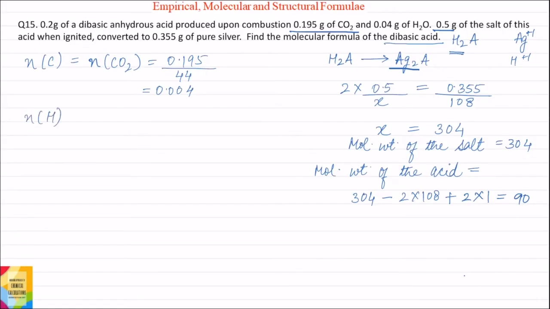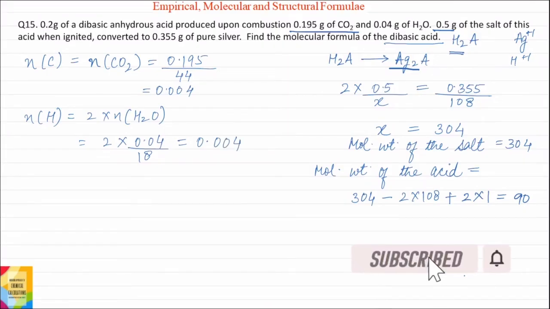Moles of hydrogen will be equal to 2 into moles of H2O, which is equal to 2 into, what is the weight of H2O? 0.04 gram. So moles of H2O will be 0.04 divided by 18, and this is equal to